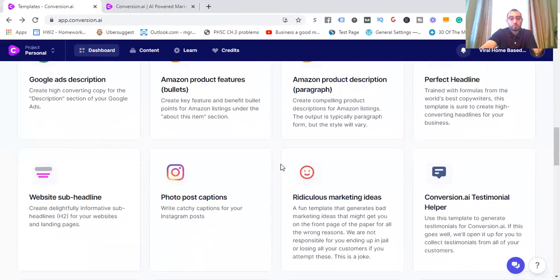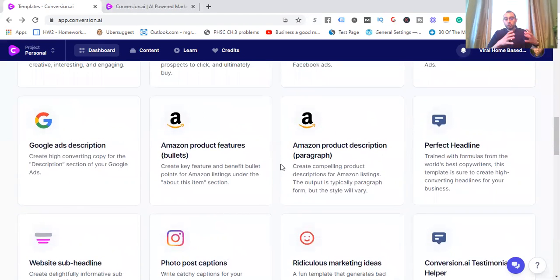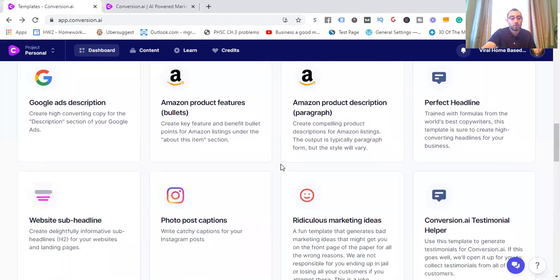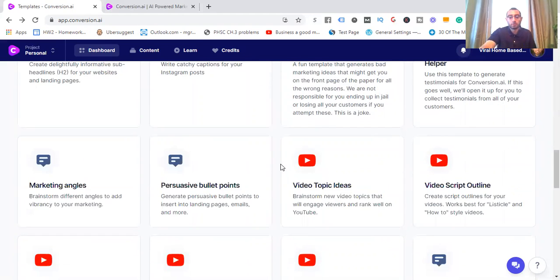But you can see Amazon product features, description, the perfect headline, you know, the hook, story, offer. If you want to have an engaging hook, and if you want to bring people into reading your message, looking at your offer, having a headline is at the front and center of it all. Website subheadline, photo, post captions. You have YouTube,